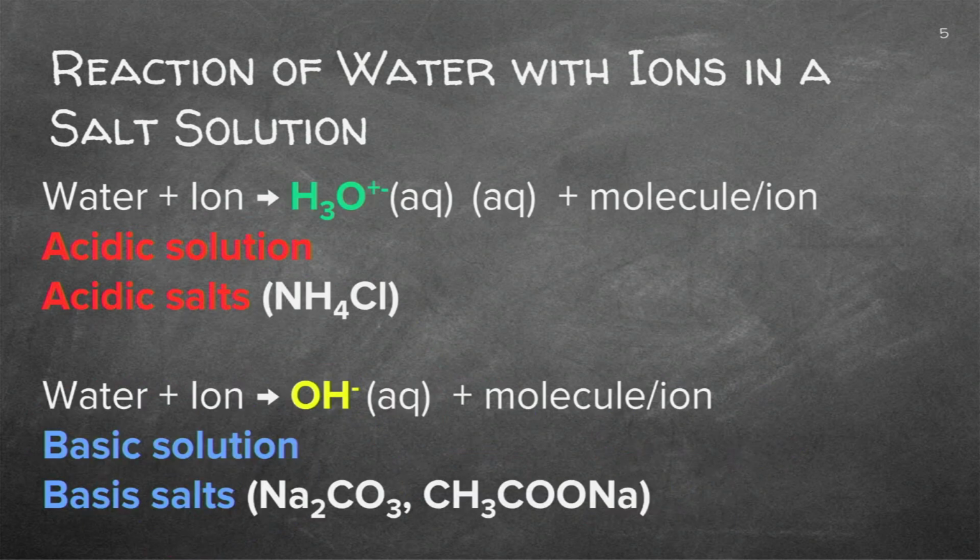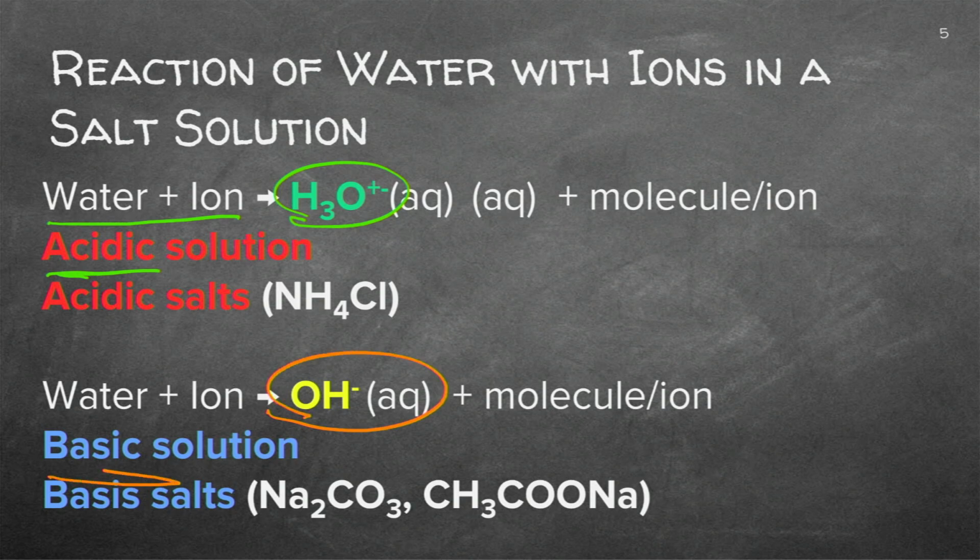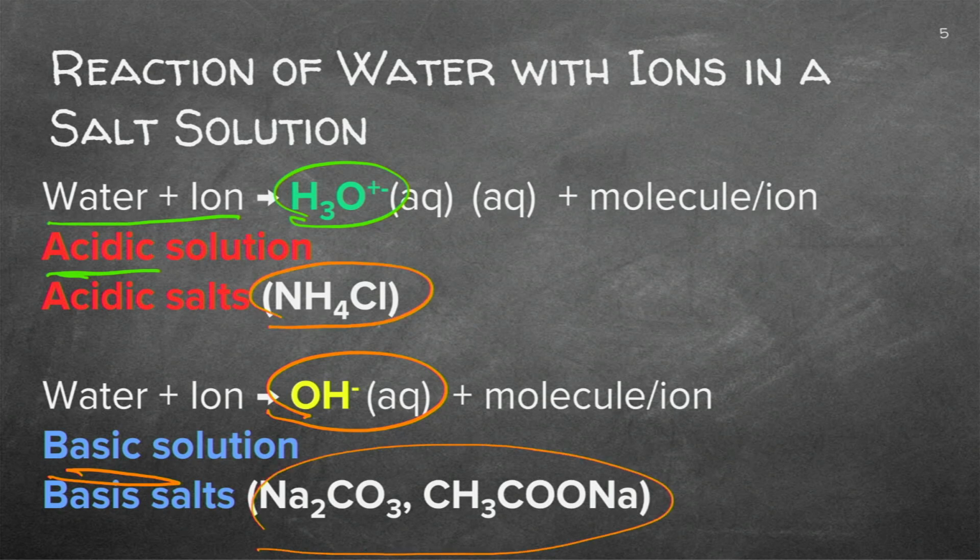So you've got either a salt forming H3O plus, that means it's acidic, or you get a salt that forms hydroxide, and that's then basic. You need to know, you will probably just get either of these three. There you'll have your NH4 plus and Cl minus. And remember what happened if I put that into water. I then got hydronium plus what remains. Can you see there? That's important.